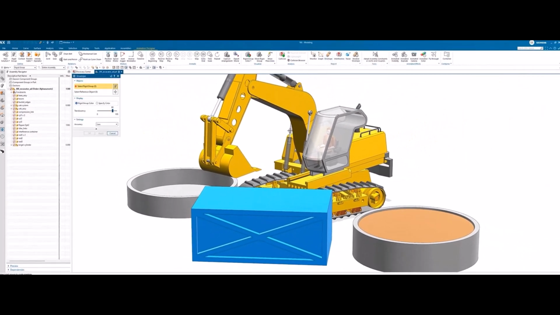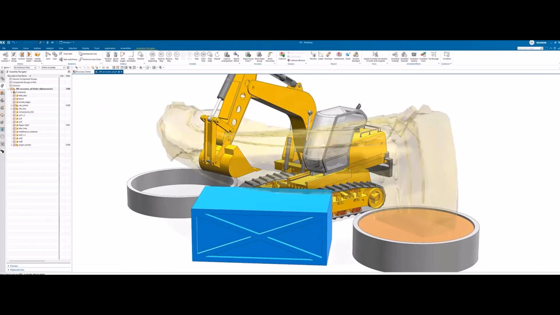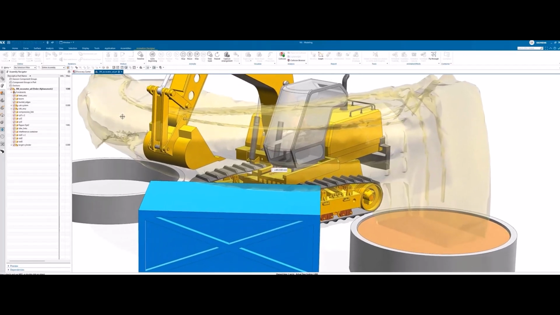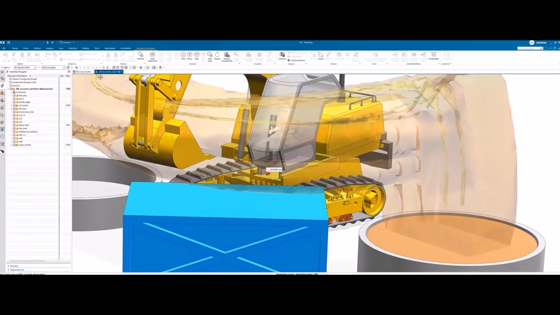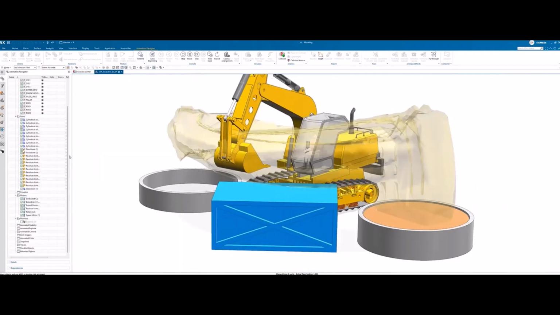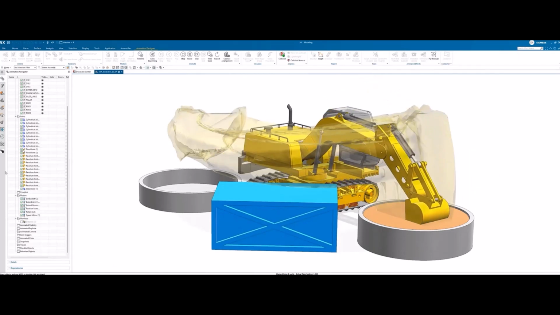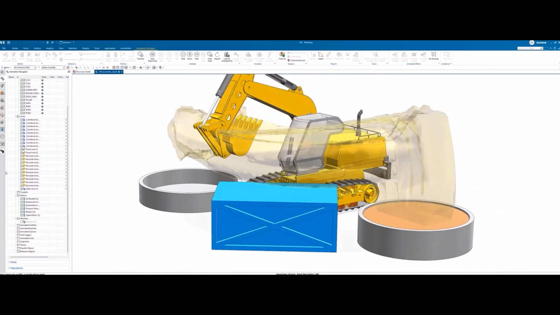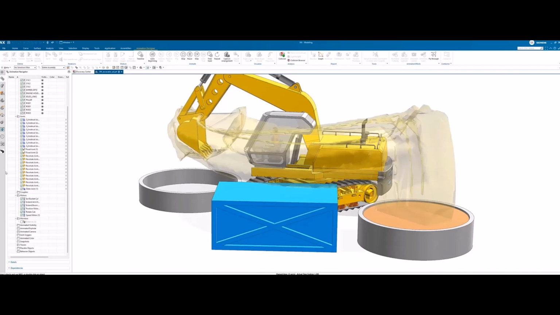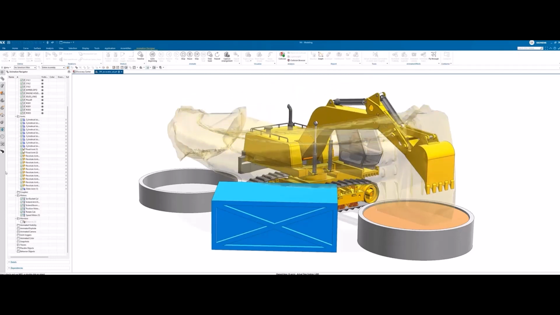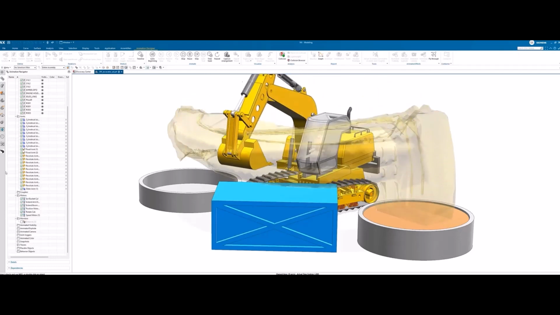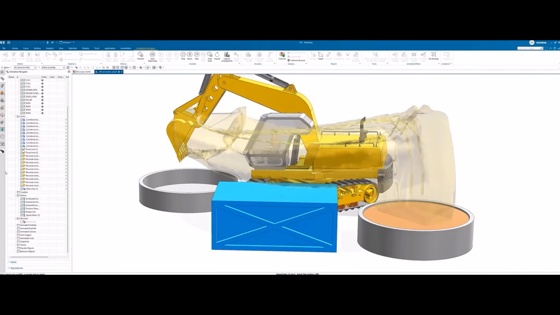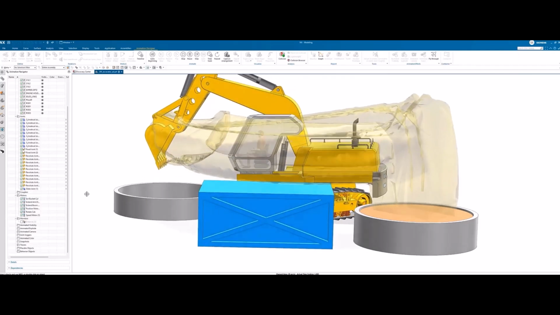What I want to do next is define the envelope of the bucket. So once I have that envelope defined, I'll be able to visually inspect and see if there's any type of interference. As I activate the animation, I see that it goes from 1100 to about 140 in my cab. So now as I see the bucket being moved through the animations of the excavation, that will give me the envelope where the bucket would be. So this will give me the result that I'm looking for.